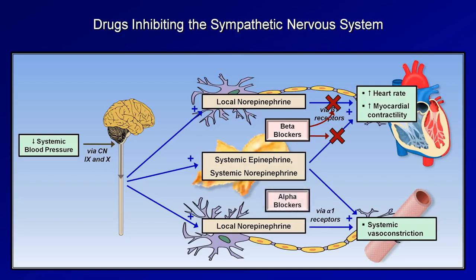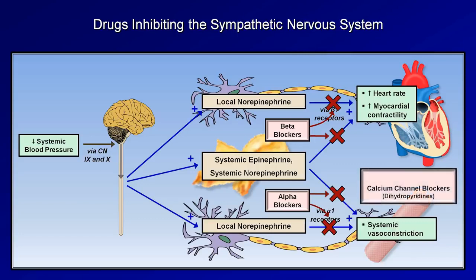And there are alpha blockers, which inhibit those hormones' activity on alpha-adrenergic receptors, which are normally responsible for inducing systemic vasoconstriction. There are 2 different subtypes of calcium channel blockers. They include dihydropyridines, which act to block systemic vasoconstriction, and there are non-dihydropyridines, which primarily act to reduce heart rate